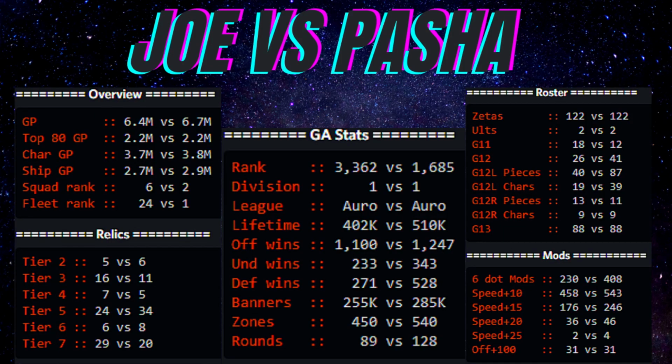Welcome to the channel. Today's another 5v5 GAC with double fleets, and guess what? We are having a rematch with Pasha here. So in the last one, it was a nail biter as I had won by just one banner, and this guy is an absolute beast. I've got to say, his defense last time was pretty unpredictable, and having a look at his stats here as well,